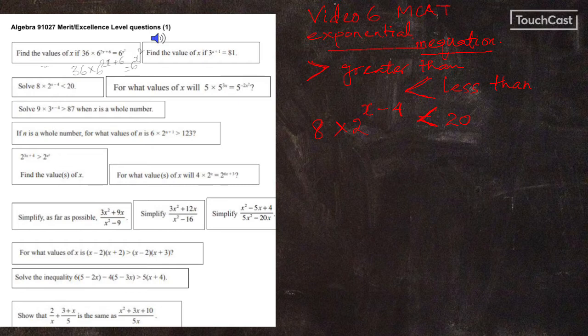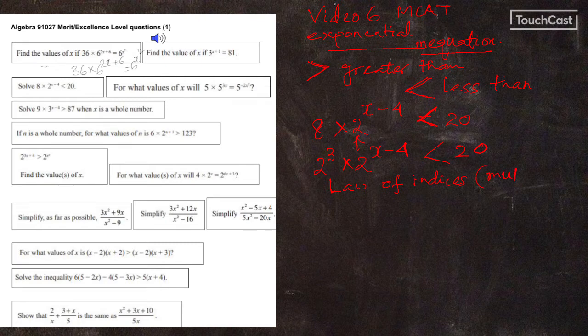Okay, first thing, investigate the base 2. Most likely the 2 will be a good choice. 8 can be written as 2 to the power 3 times 2 to the power x minus 4. By now you should be familiar with those. Is less than 20. So now I apply the law of indices